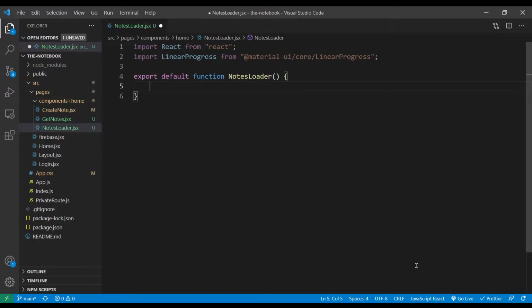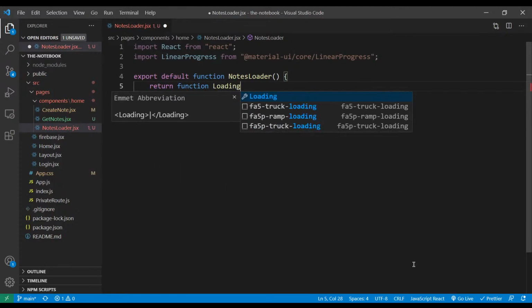Okay, we're gonna export another component, or we're gonna return. So what you're gonna do is we're gonna have two return statements. The first return statement is going to return another sub component with props inside it, and the component that we write inside the sub component is then gonna make use of these props and then further return a specific piece of UI. So you're gonna type return and return function, and I'm going to say loading component,